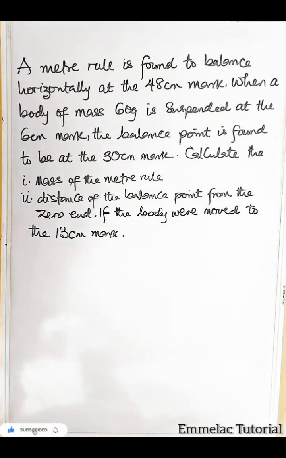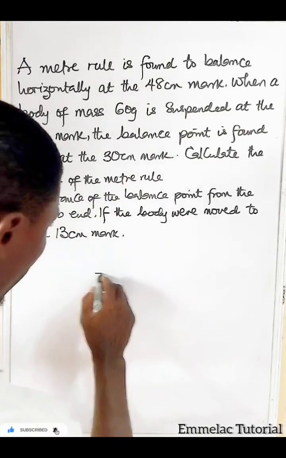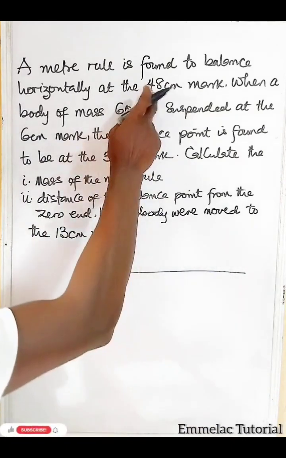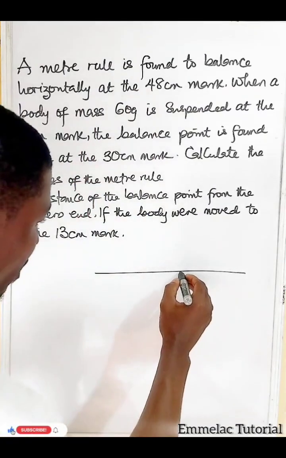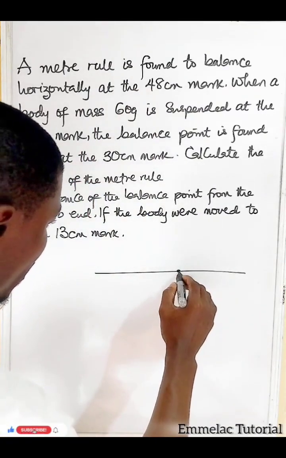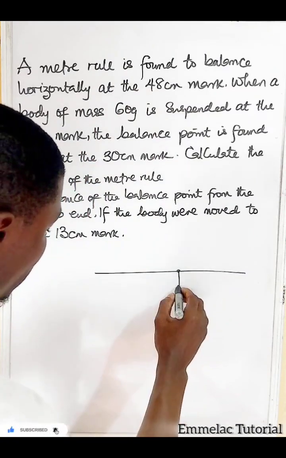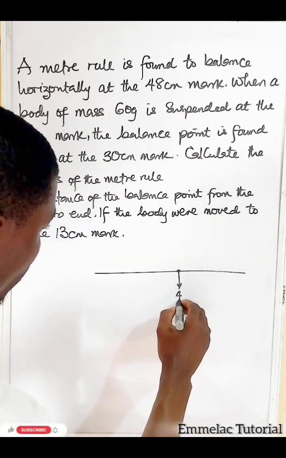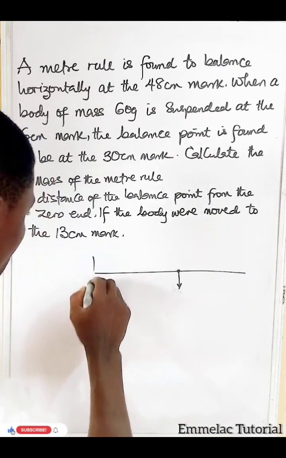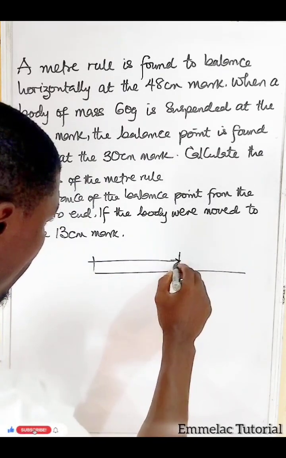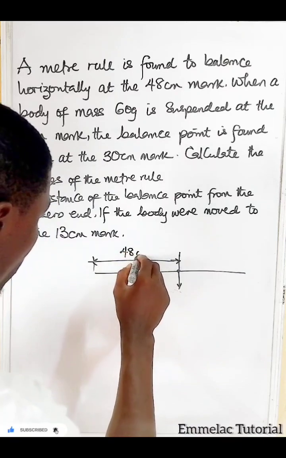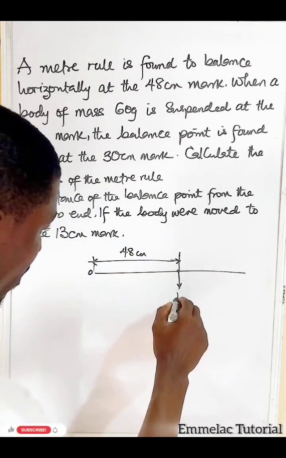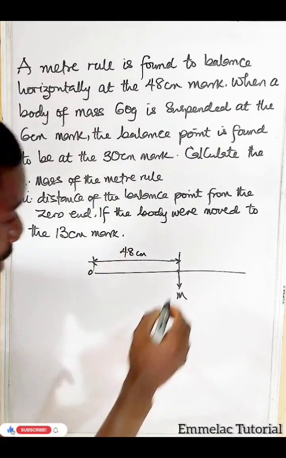Alright, let us represent this pictorially. So this is the meter rule, and we are told it is balanced at the 48 centimeter mark. So let's say here is our 48 centimeter mark, which means from here to this point is 48 centimeter. Let's make it here 0. Which also tells us that the mass at this point is the mass